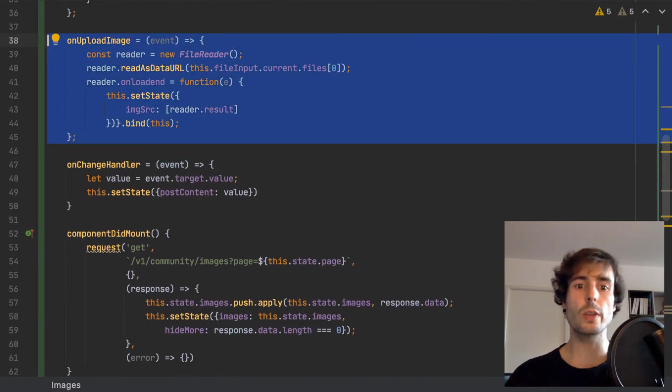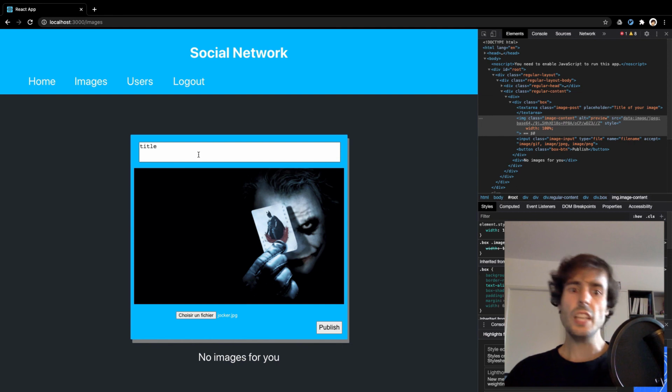I have the file reader of React, which will update the image of the input box when the image is uploaded. As I have a fixed size in the image element, the image will seem resized. If the user accepts the preview, then he can post the image form. This will upload the image to the backend.